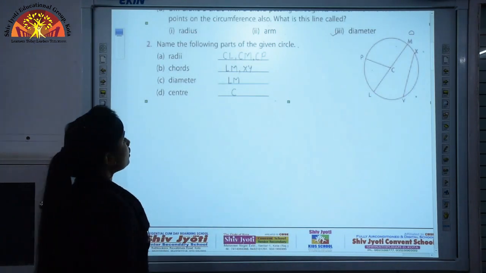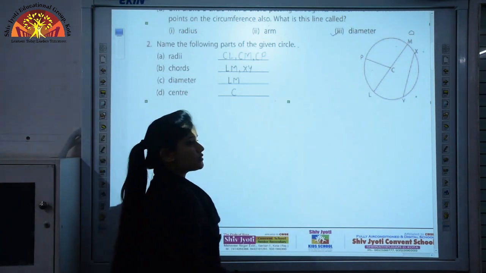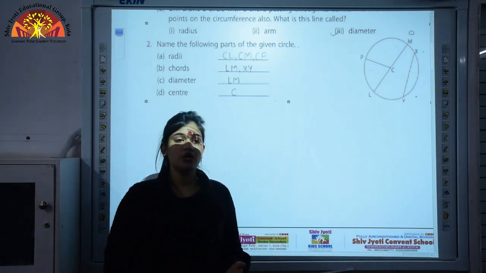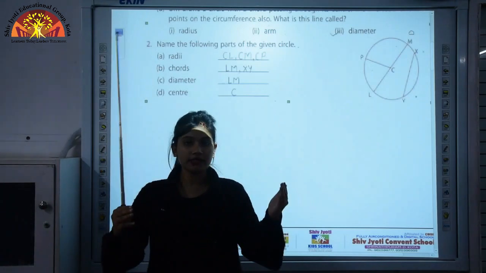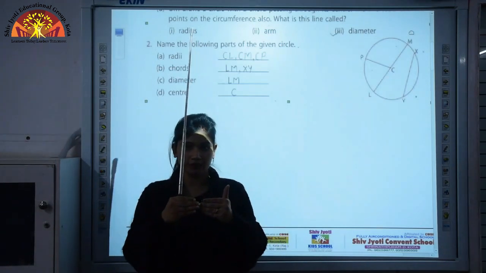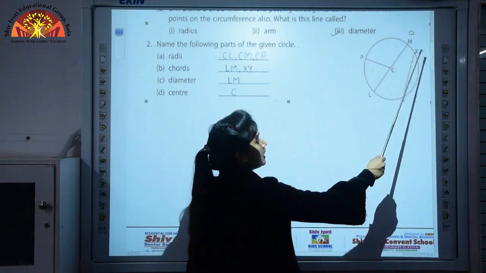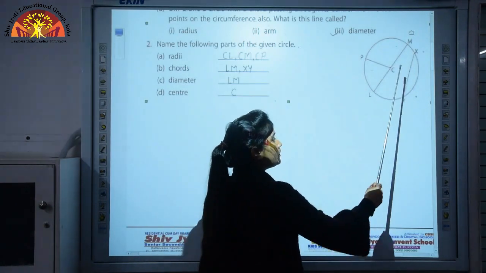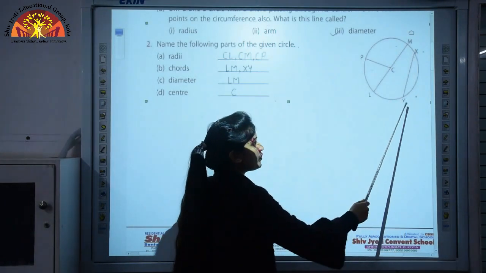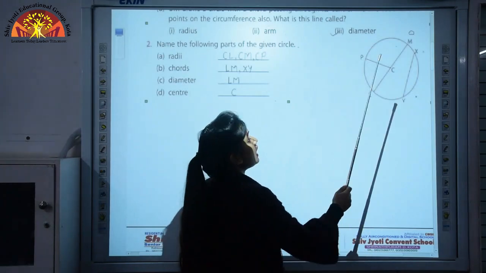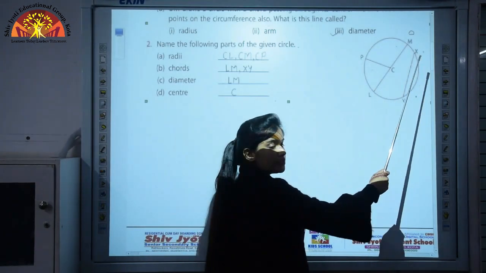Okay students. So now we will see what are the chords here in this circle. So what is a chord, student? As I have explained, a line joining two points on the boundary, okay. So the line segment that joins points on the circle's boundary will be a chord. So you can see X, Y. X is a point on the circle's boundary, Y is also a point on the circle's boundary. So if we join X, Y, we will get a chord, and I am observing LM. What is LM also doing? It is joining 2 points of the circle's boundary.